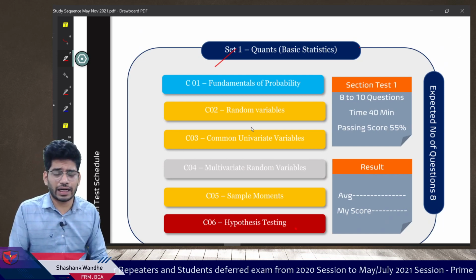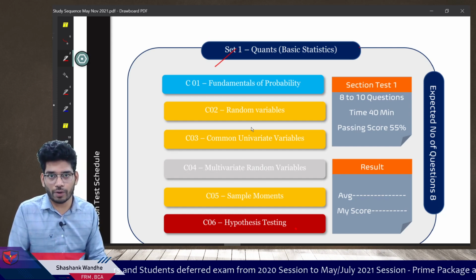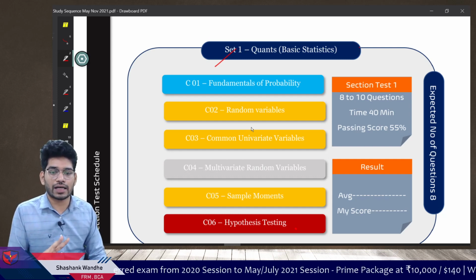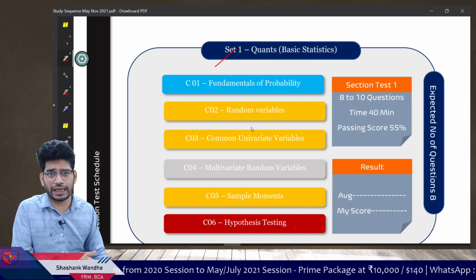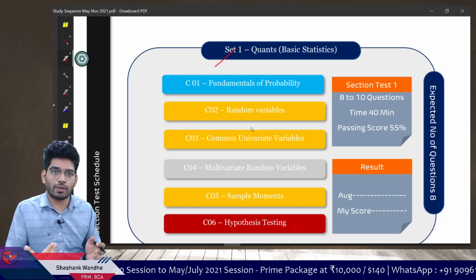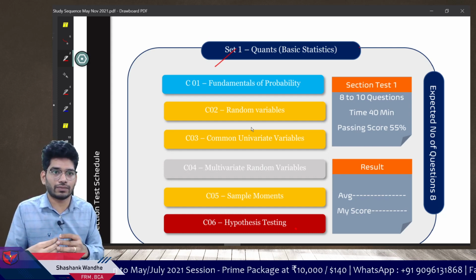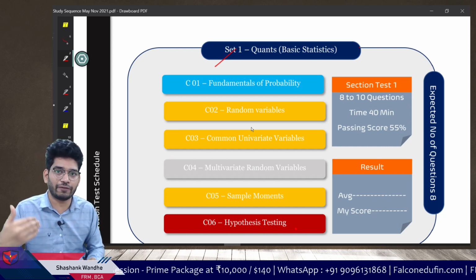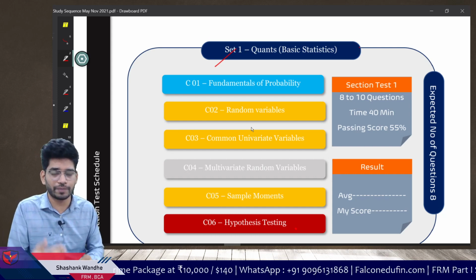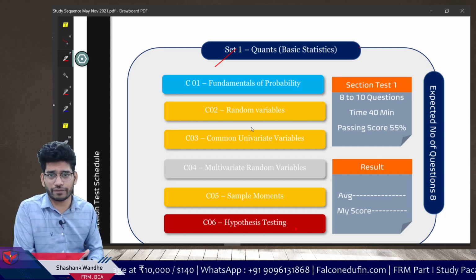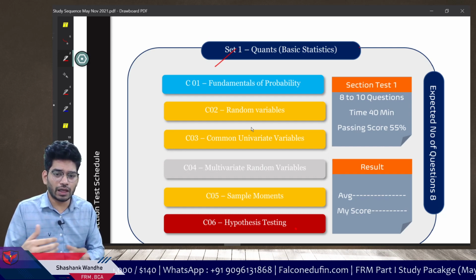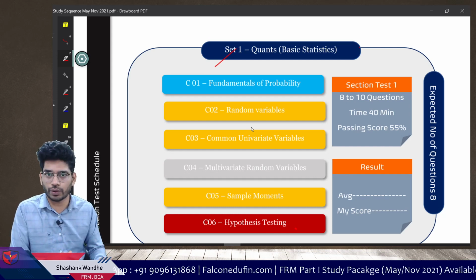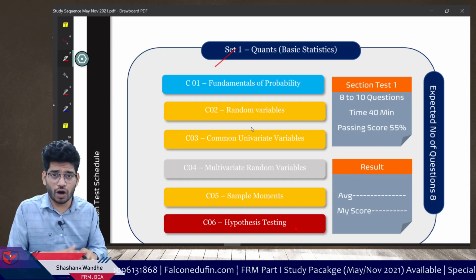While designing the self-study guide, we focused on two important aspects for this exam. One is the CBT, computer-based testing. The second aspect is that there are a lot of students who deferred their exam. One particular problem for students who deferred their exam is that they prepared for the whole year. They prepared repeatedly. First they prepared for May, then for November, and then for January. Then the exam got deferred. Because of this, they are not able to settle their preparation, because the problem is where to start and where to end, as everything got mixed up.